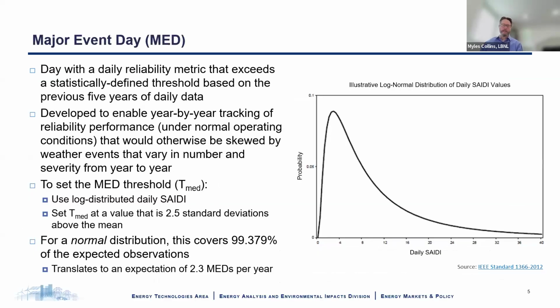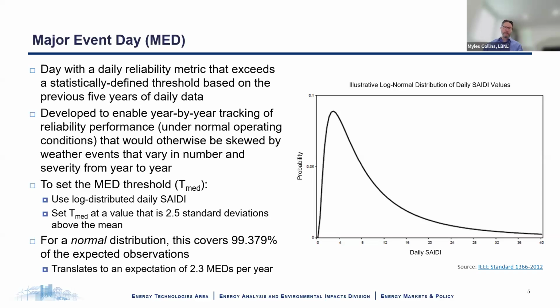So how do we determine the normal operating conditions and which data to include in the reliability indices? This gets at the concept of a major event day, or MED, and this was first developed in the 2003 update of the IEEE standard. Without a way to segment MEDs, you have indices that are heavily impacted by weather fluctuations. So with all those fluctuations, you don't have a great way of benchmarking against other utilities